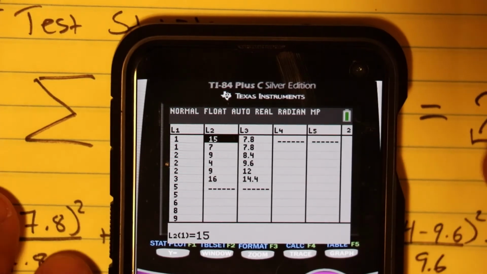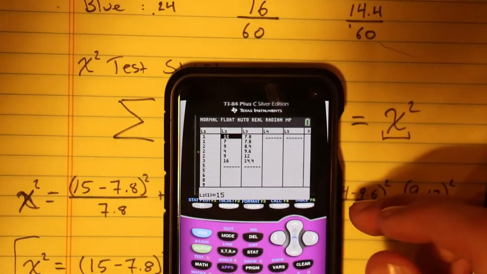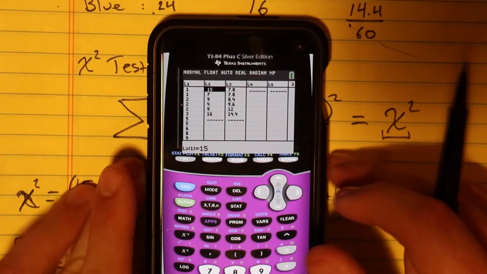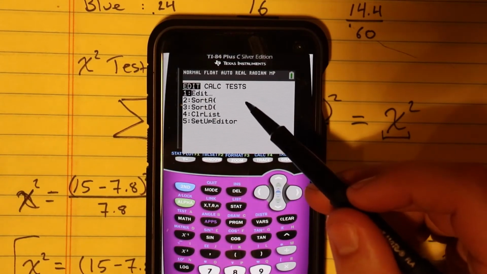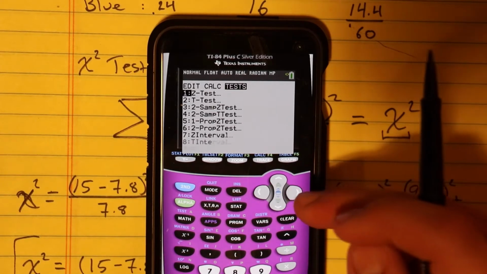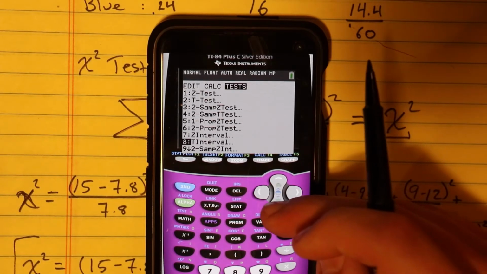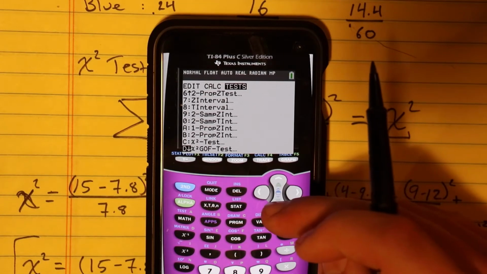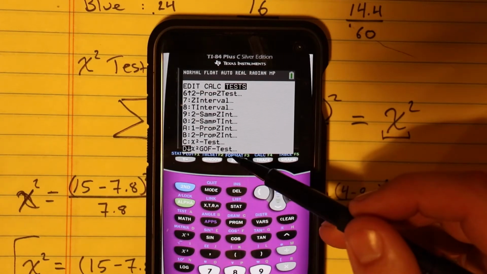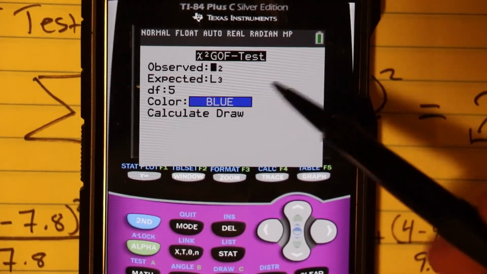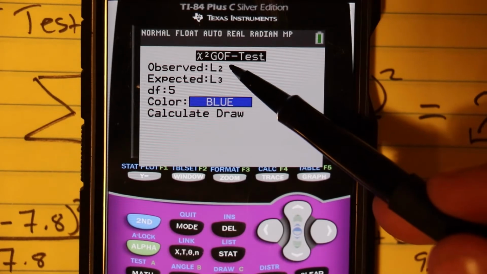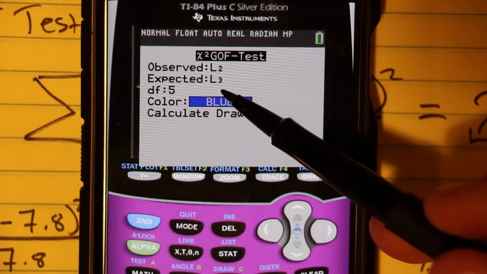If you click the stat button and you go over to tests and you scroll down all the way to chi-squared GOF test. If you click enter, as long as you put your observed counts and your expected counts in the right spot here,